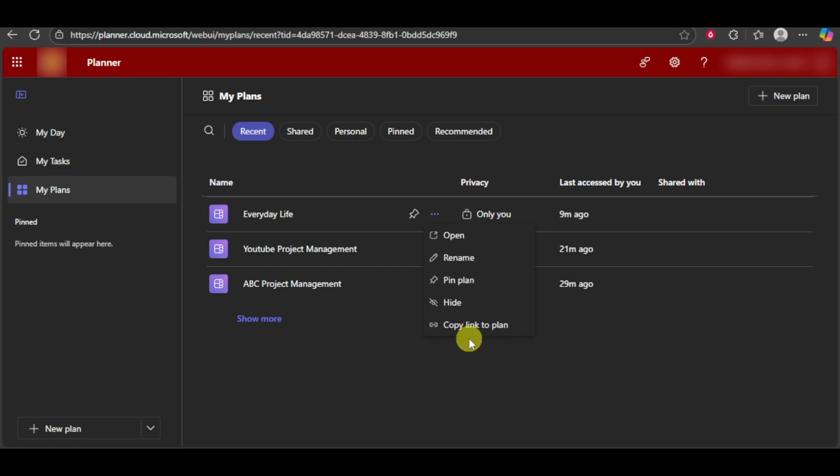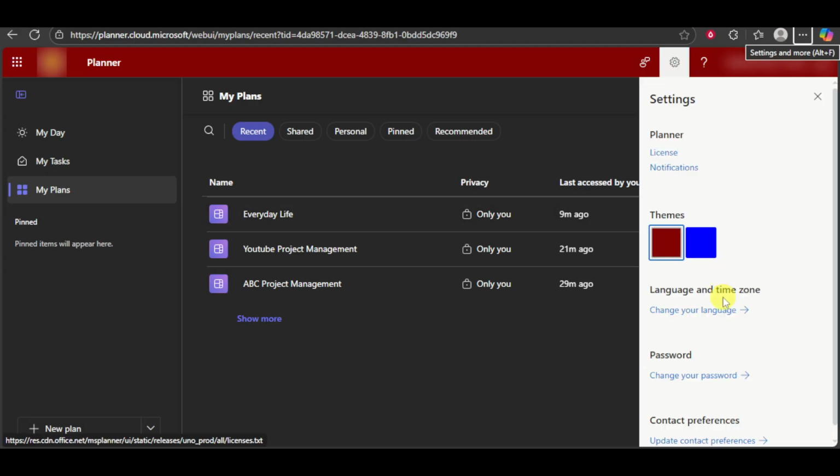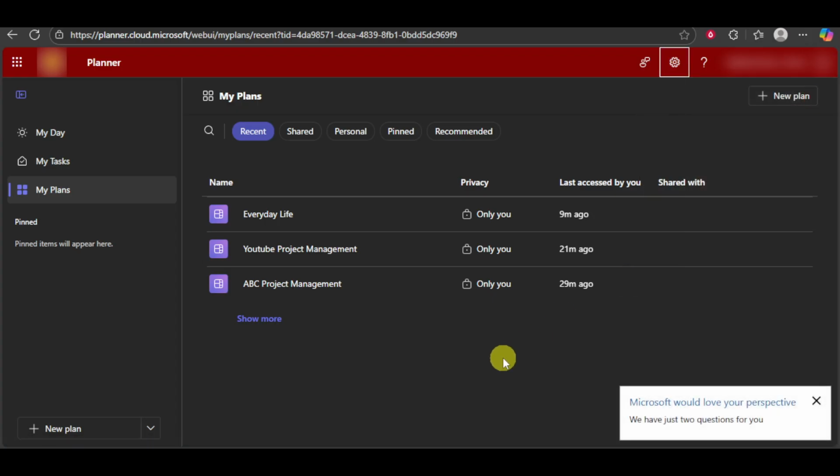Then for this one, you can actually pin this, copy this link, and then assign the actual settings for that. You can also manage the settings option that we have in here available, so you can proceed to click on it. With this, you can change the theme colors, license, as well as some more options for the actual